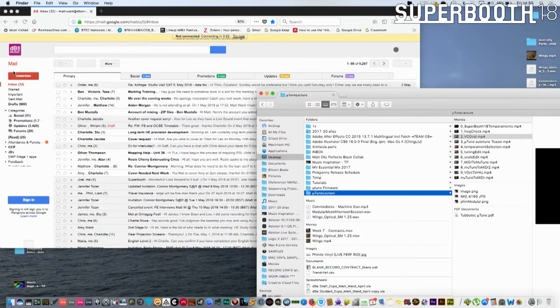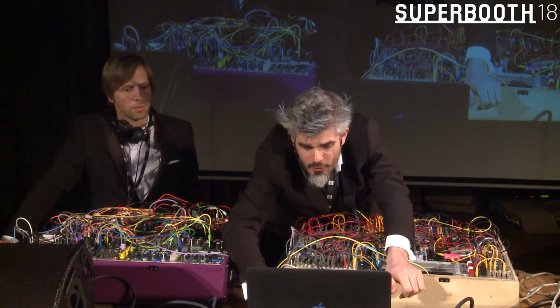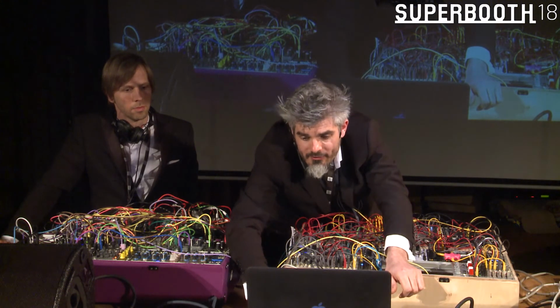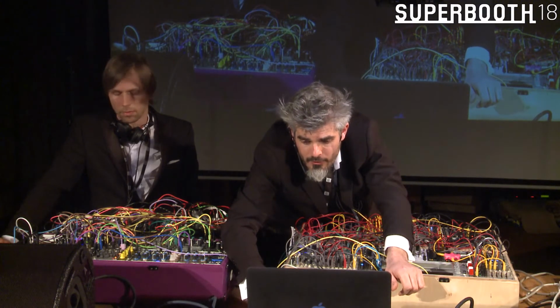So that's phenomenally useful, and you can actually save those as presets. So if you know that you have a particular oscillator that goes a bit flat at the top end of its range, that's invaluable for